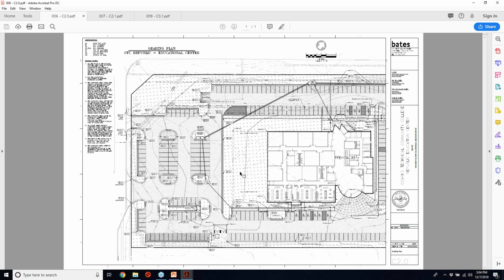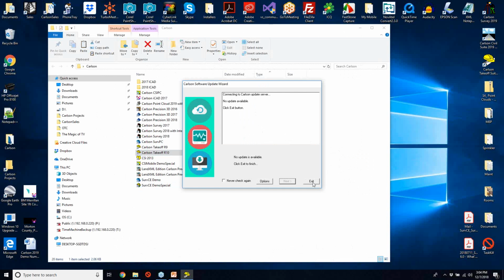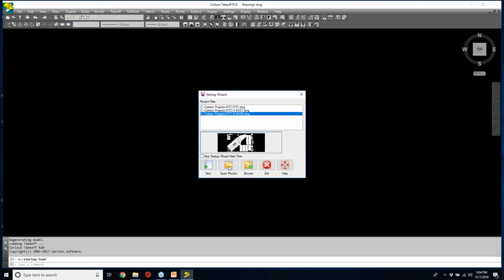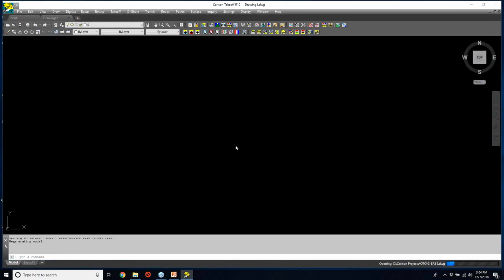So with those sheets in mind, what we're going to do then is get started actually inside of Takeoff R10. So I've got the software hopefully here ready to go. And before I actually get started with the importing of the PDF, what I want to do is a little bit of housekeeping from the presentation from this past Tuesday. So to get started, what I'm going to do is first open up the base drawing that we had been working on,